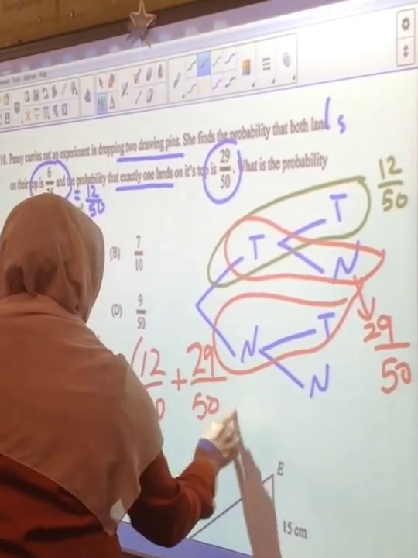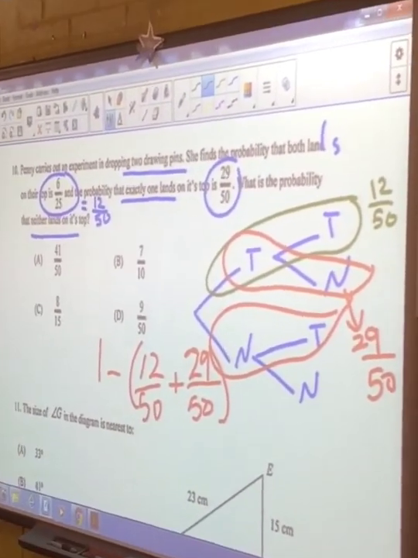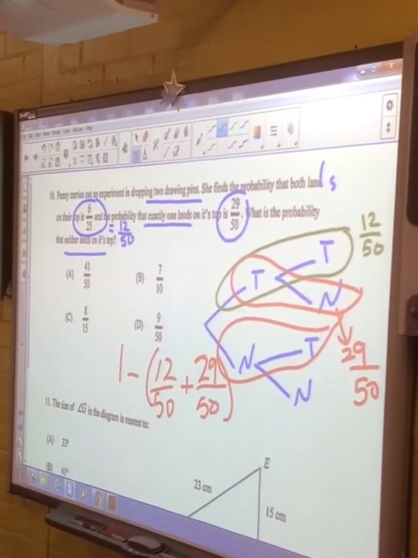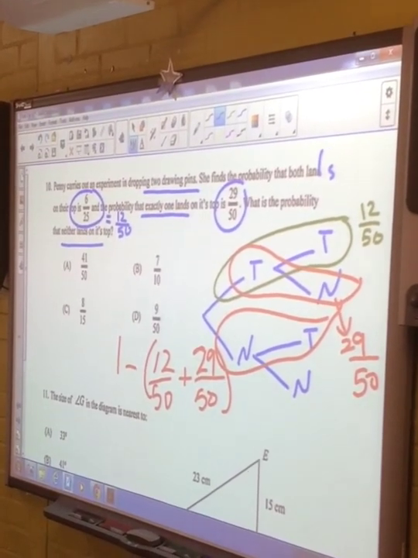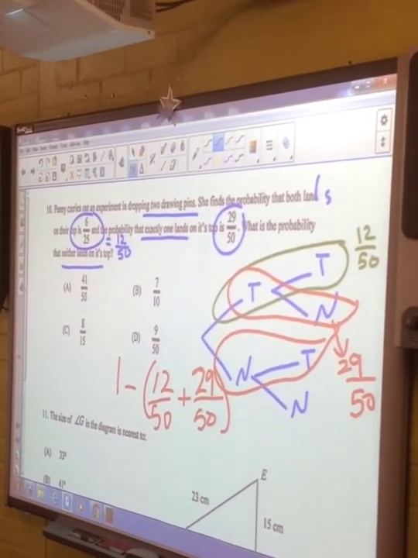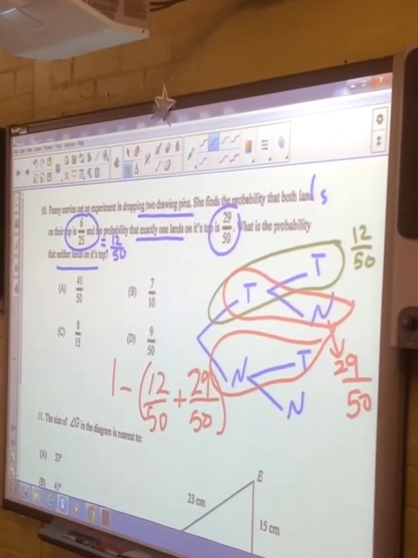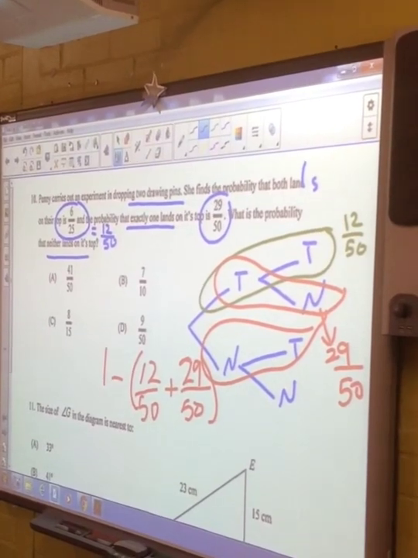Now you find out on the calculator. But you see, when there's something you can't understand, it's easier to illustrate in a little diagram. Is that clear? Okay, so it might be easier for you to understand what I mean by saying none of them land. Okay, 1 minus